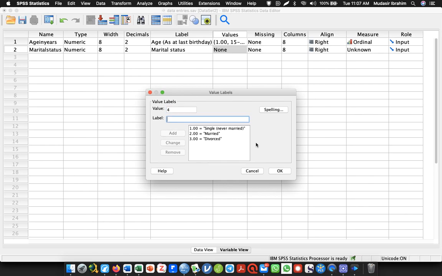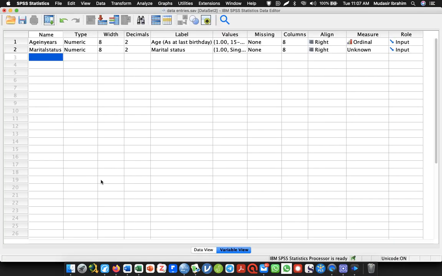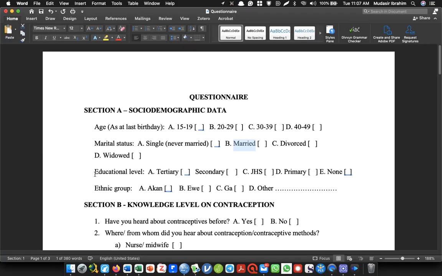then 4, then we have what? The last one, which is widowed. So I'll click OK. I'll do that for educational level. So educational level, I can click here and do education, then come here, copy this,